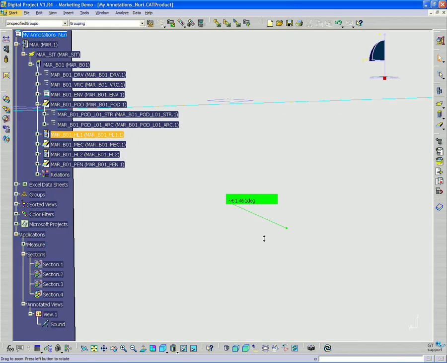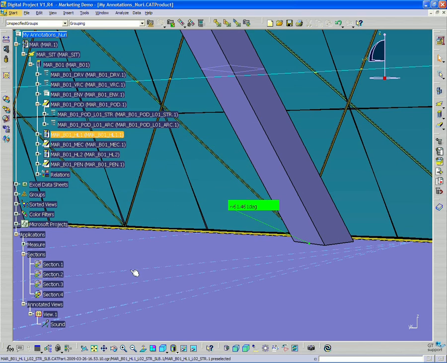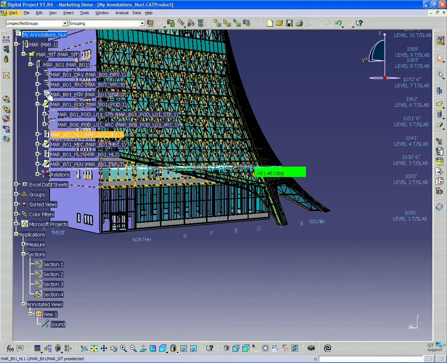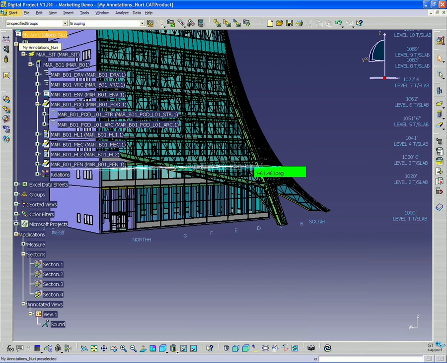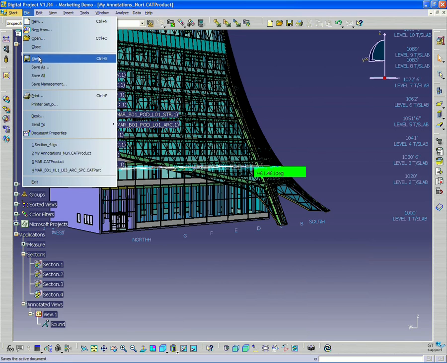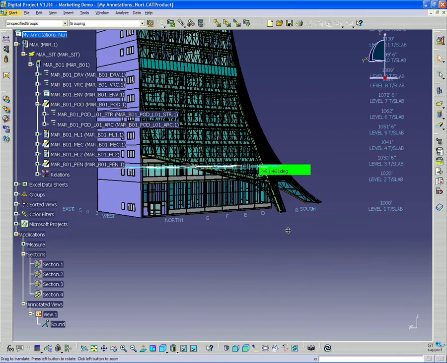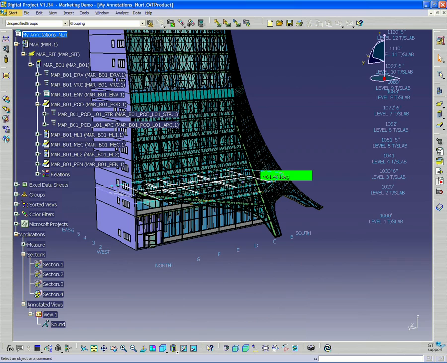Now that you have this indicated, you have this saved in your My Annotations product. By the way, I'm going to go up here and save that so that we have that saved. Now let's say you want to share this with one of your team members. So you can do one of two things. You can either point them to the location of your annotations product on a server somewhere,